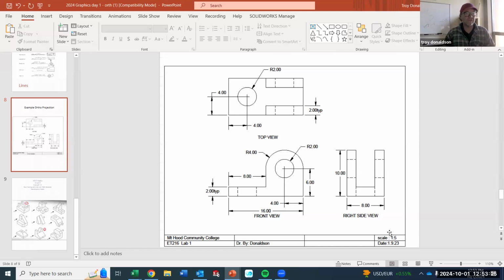Actually, there's a standard for that, and it is the first dimension line is supposed to be a ½ inch away. So this dimension line is a ½ inch from the object, and that's real dimensions, not any kind of a scaling dimension, okay? The other thing we want to start to do, and on this assignment I want you to do, is a title block.